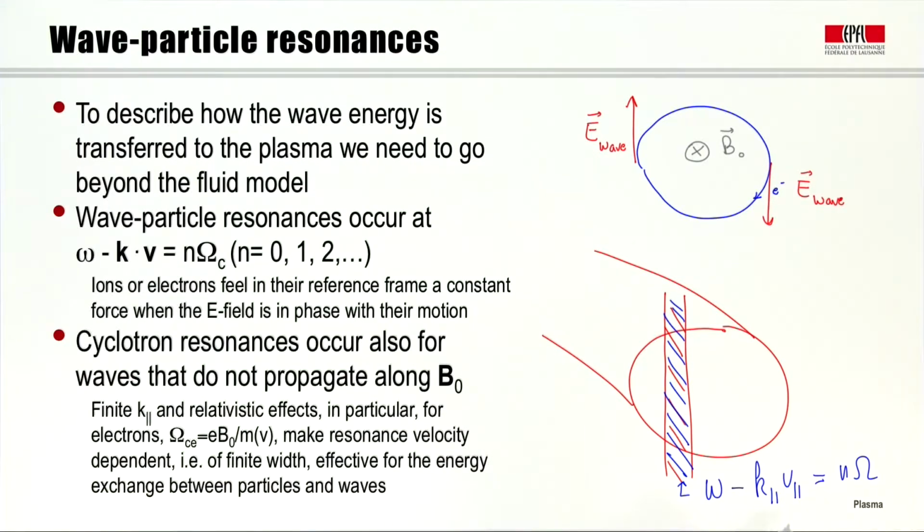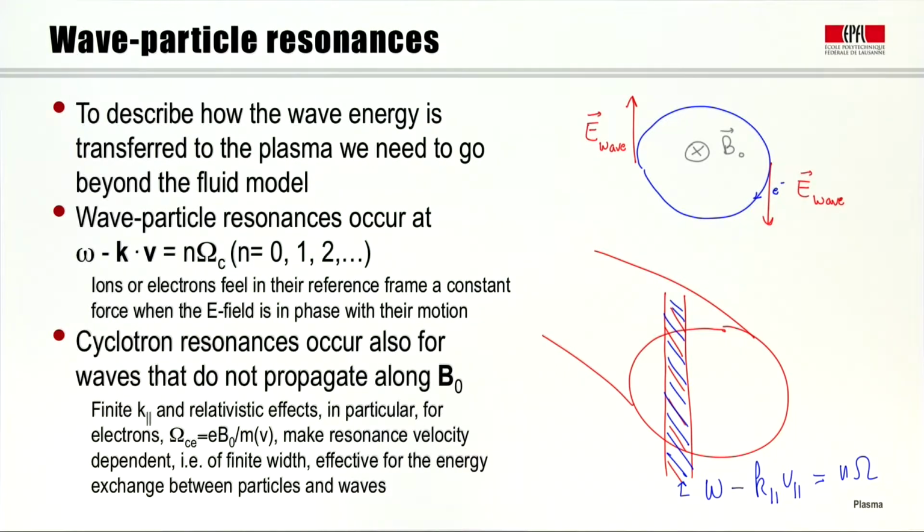First of all, because there's a distribution in the parallel velocity of the particles, if k parallel is not zero, that will give a certain width to this wave-particle resonance. And second of all, the cyclotron frequency, in particular for electrons, is subject to the relativistic effect, in which the mass of the electron, which appears in the definition of the cyclotron frequency, is a function of velocity. So the resonance becomes velocity dependent and of finite width,